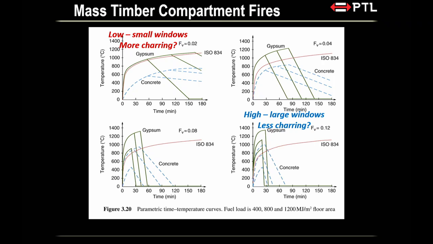So if you move through the slides, all the way at the top left corner, what we have is a very small window situation, right? So the fire that we have here is lower in temperature, but longer in duration. So it's a fire that will burn for longer, but at a lower temperature. Over here at the bottom right, when you have a lot of window, right, what happens is you have a short, sharp fire, right? A fire that has high temperature, but only burns for a really, really short duration, okay?